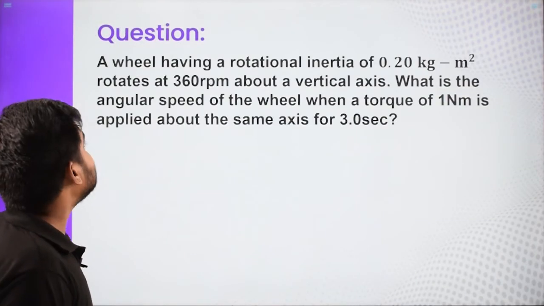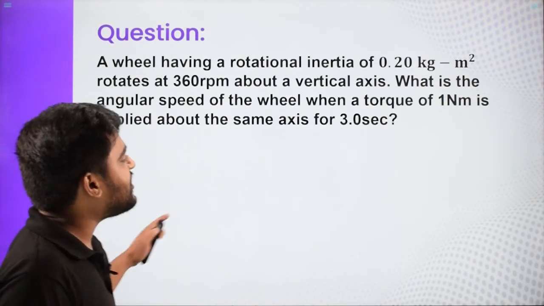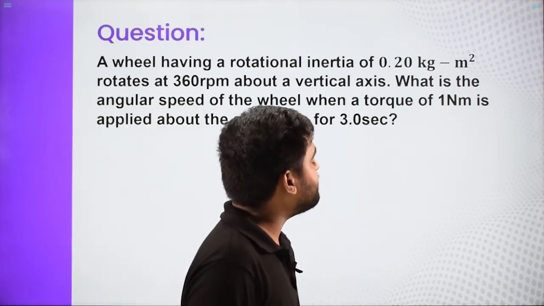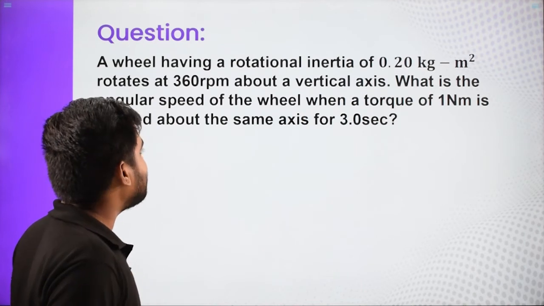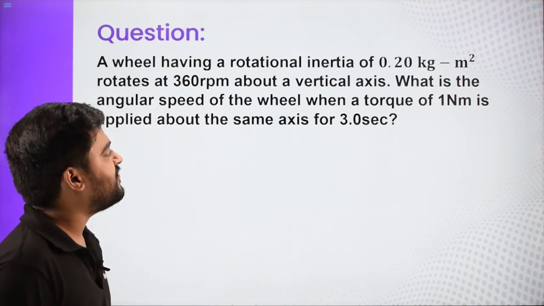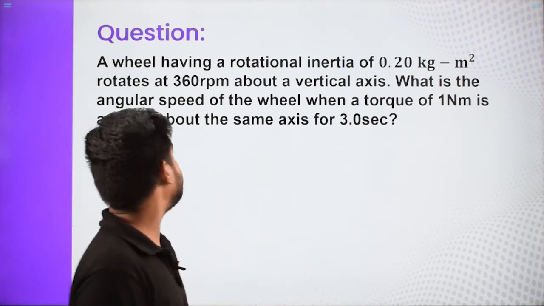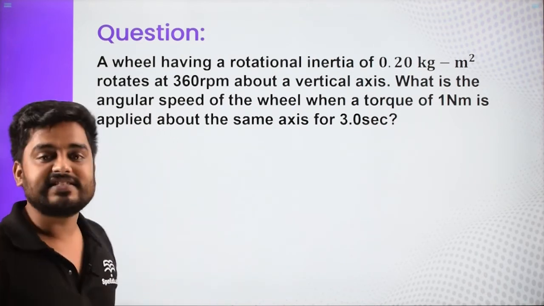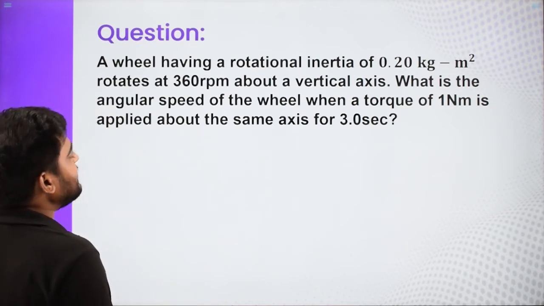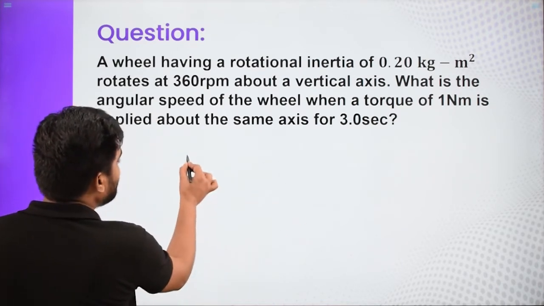So our question is, a wheel having a rotational inertia of 0.20 kg meter square rotates at 360 rpm about a vertical axis. What is the angular speed of the wheel when a torque of 1 Newton meter is applied about the same axis for 3 seconds? So see, what we know in this question is,